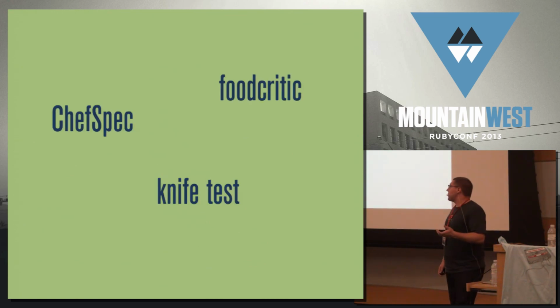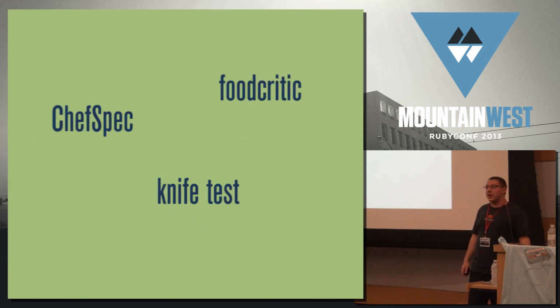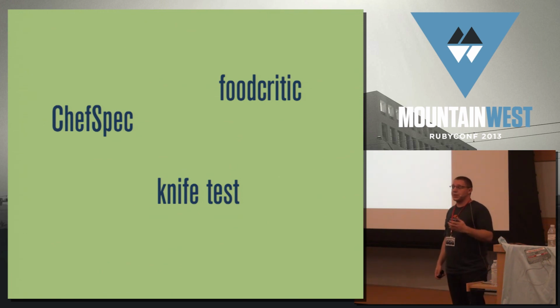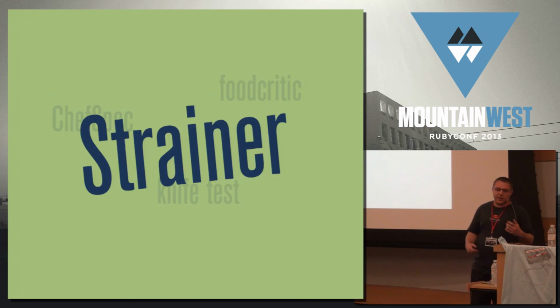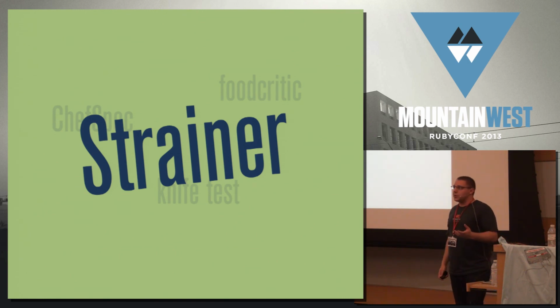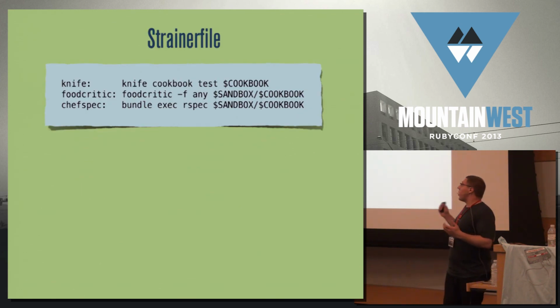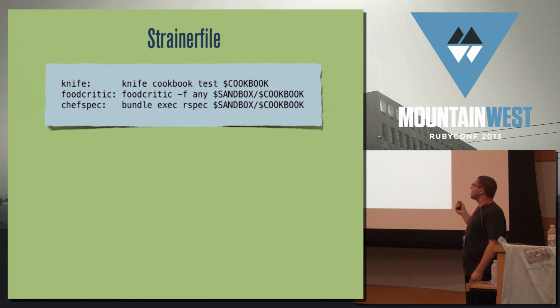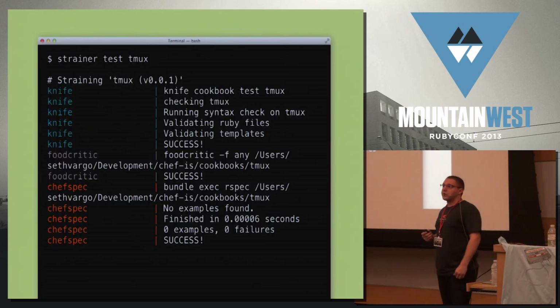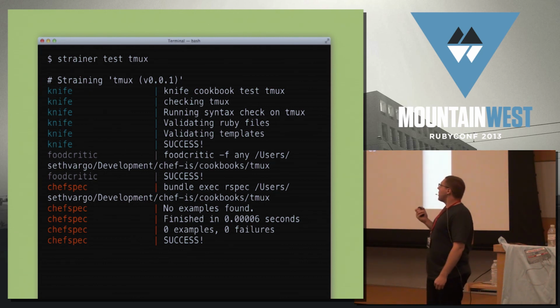So like I said, we have these 3 tools. There's a lot of other tools out there, like Chef Mini Test Handler and a bunch of other stuff that you might want to use for testing. And how do you use them together? And how do you share that code with other people on your team? So while I was at Custom Ink, I came up with this idea of Strainer, which is a Ruby gem that handles this problem. It uses a foreman-like syntax for a strainer file that allows you to define arbitrary tests with 2 environment variables that you can pass in. And then you can execute them by running strainer test and give it the name of a cookbook, and it